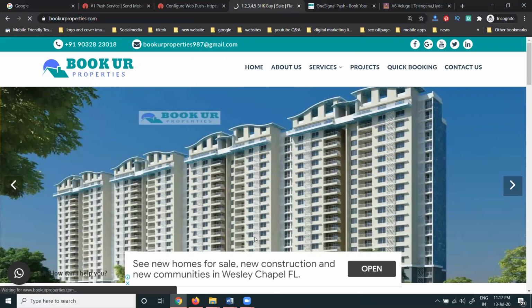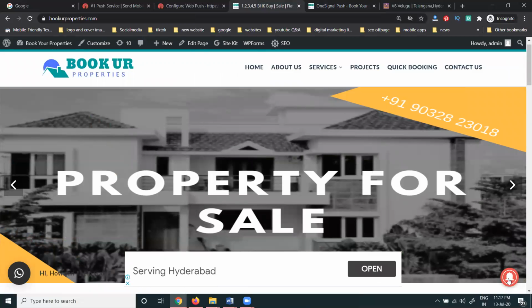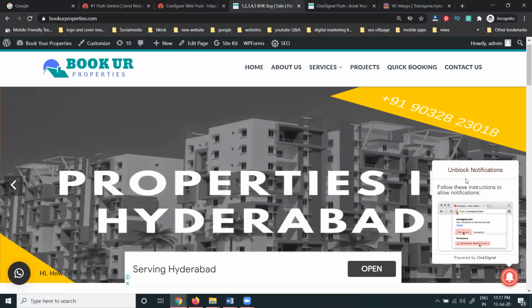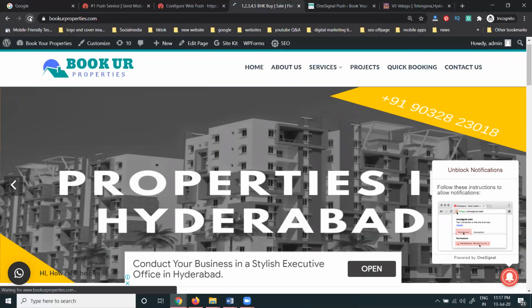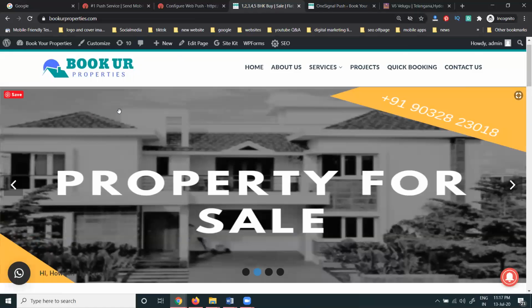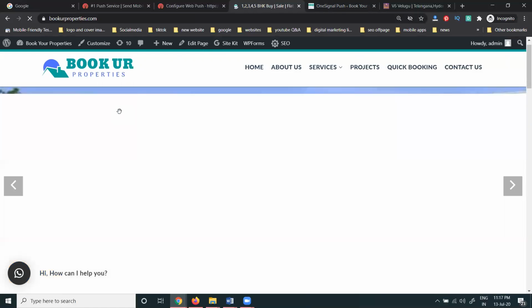Check by refreshing this option. Here will be the activate notification option. So here is the activation for all notifications. This will be activated on the particular website. The purpose is to allow browser notifications. This will all be shown on the website.